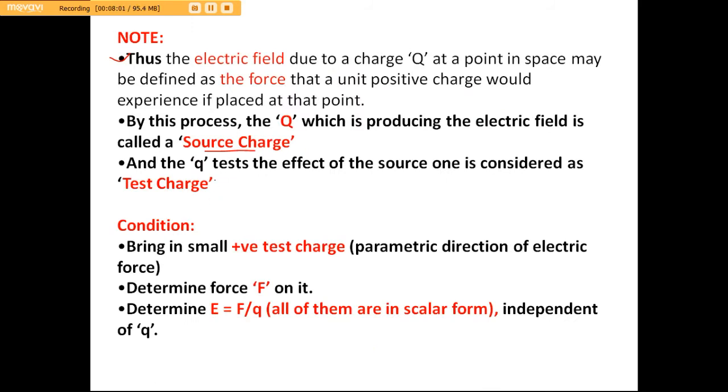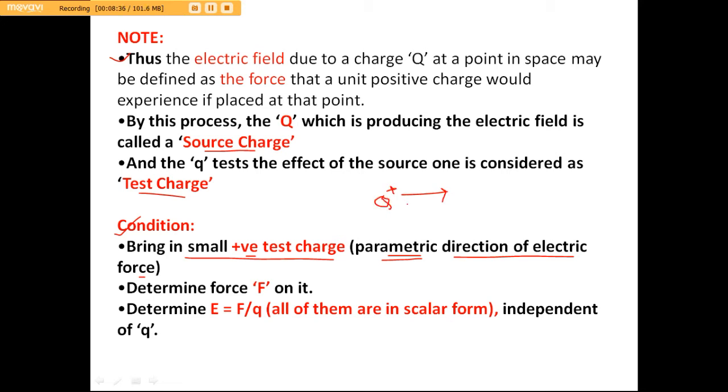So the q tests the effect of the source; it is considered the test charge. In case of determining the electric field, you have to note some conditions: in case of testing you have to bring a positive test charge. That is why we take the positive, because it is a parametric value and gives the direction of the electric force, because we all know that the positive charge